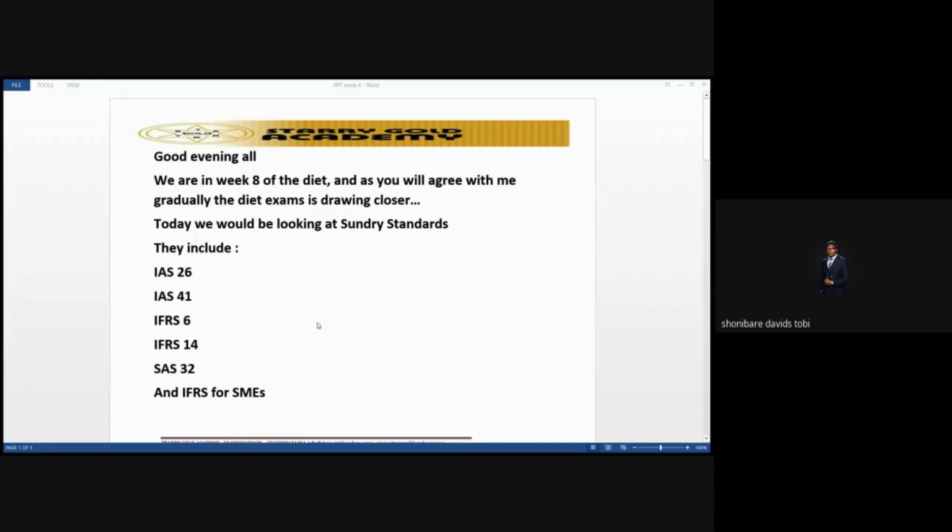Depending on the type of report you're writing, maybe external or internal reports, or even a memo, right? So what is the standard trying to say there? The standard is trying to tell us that once you cannot determine the fair value... someone is raising their hand. Do you want to say something?